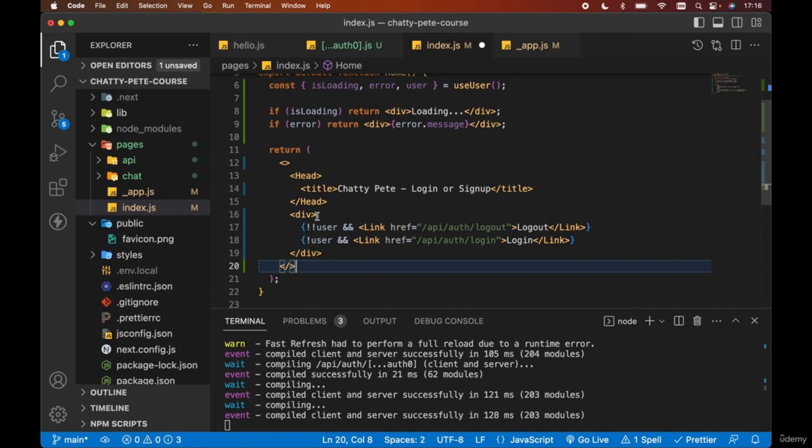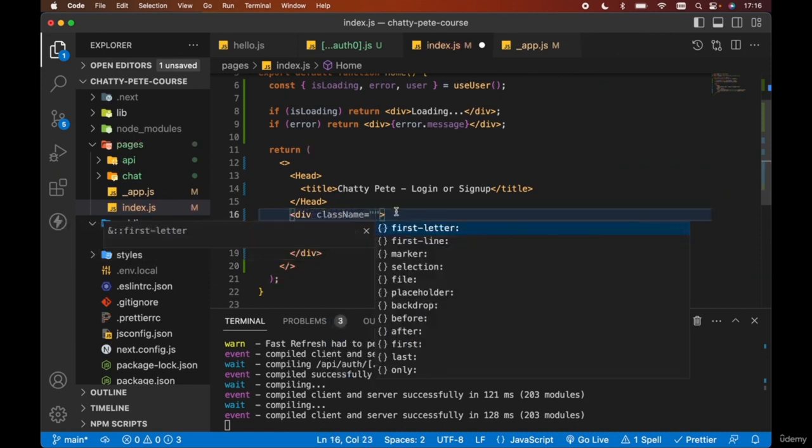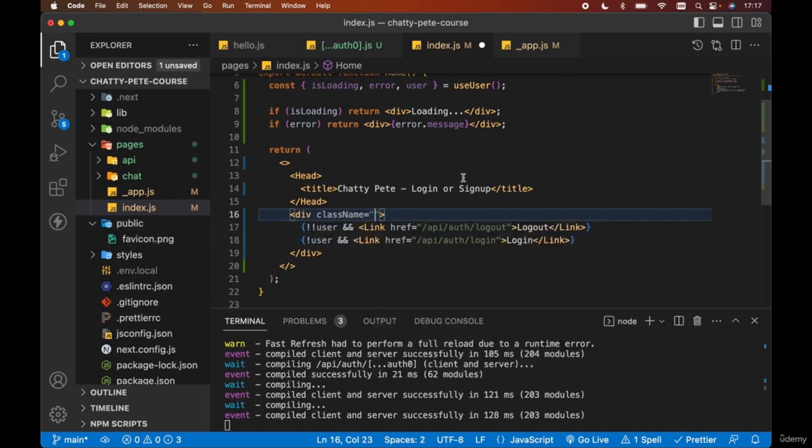Then, as part of our main div tag here, let's add a bunch of Tailwind CSS class names. Now, the important thing to note with Tailwind CSS is it comes out of the box with a bunch of utility classes, and it makes it super easy for us to style our app. So, for example, I want our main div here to span the full width and the full height of the page. So to do that, we can add a